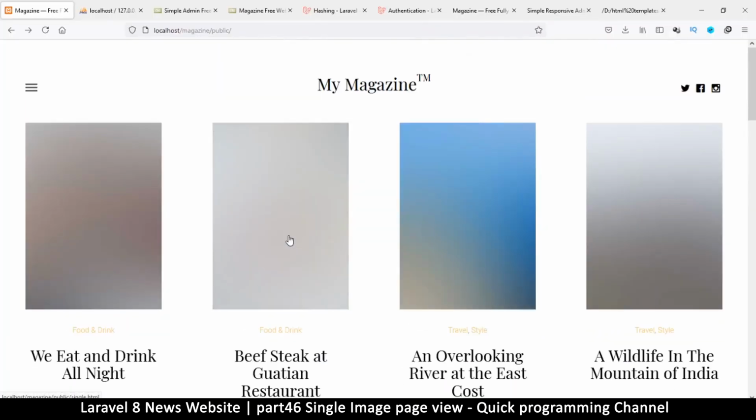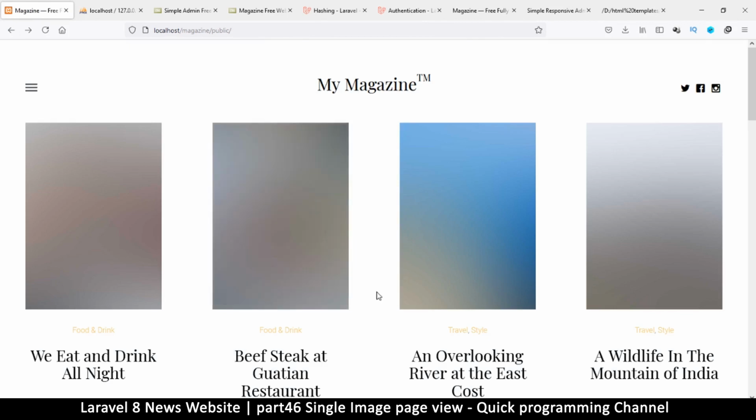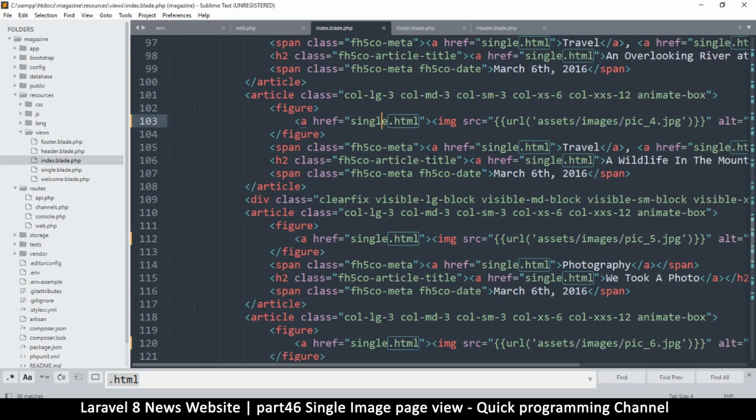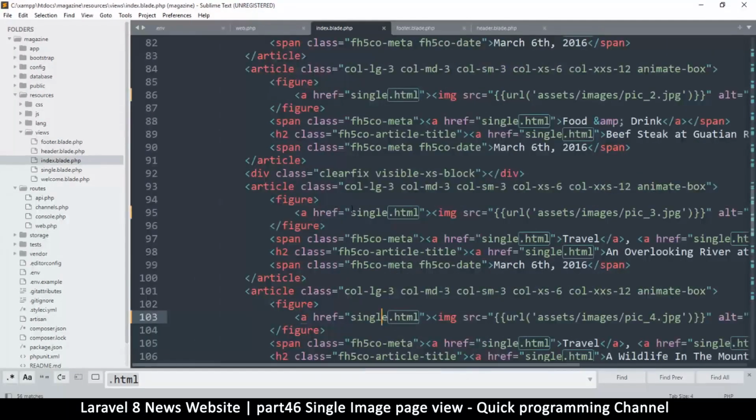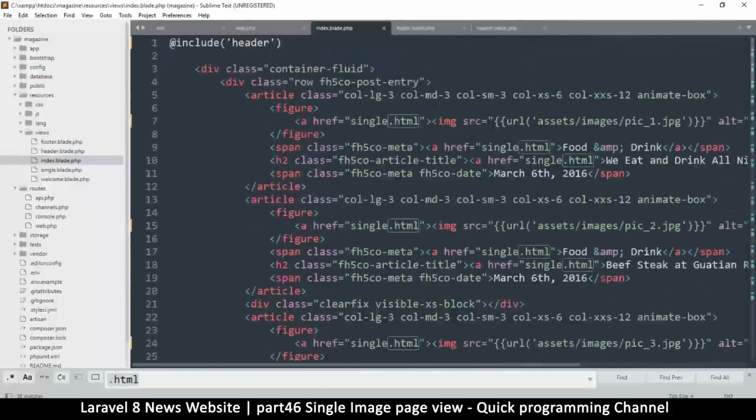So in here, what we want to do is go to the single page view, be able to go to the single page view once we click on one of these. Currently, we are going to a page not found, but let's fix that real quick. So what I will do here is check all references to single.html and change them. So I'm just going to copy this,